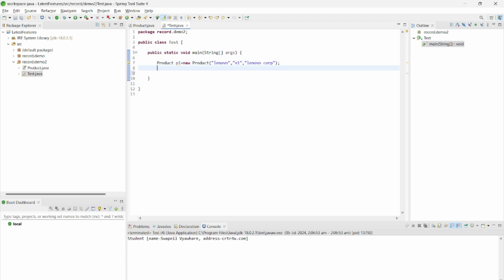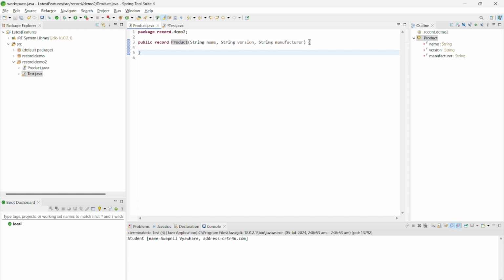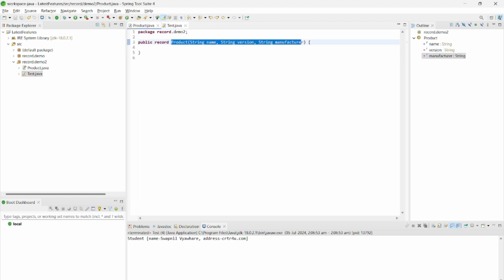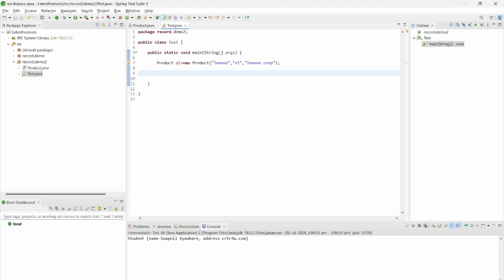Semicolon. Done. Simple, right? Object is created. See, no need to write a constructor also. If you don't write your constructor, it will generate the constructor internally automatically. If you want to write any customized constructor, that's also possible here. Now sysout, and if you check here now, you can print the object,